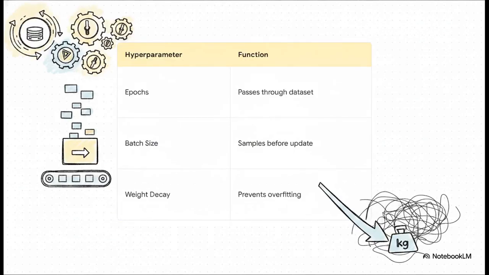All right, with our data properly formatted, it's time to actually run the training. And to do this, we have to adjust the machine's tuning dials, what we call hyperparameters. We carefully set the epochs, which is just the number of times the model reviews the entire dataset. We set the batch size, which determines how many examples it processes before it updates its internal math,